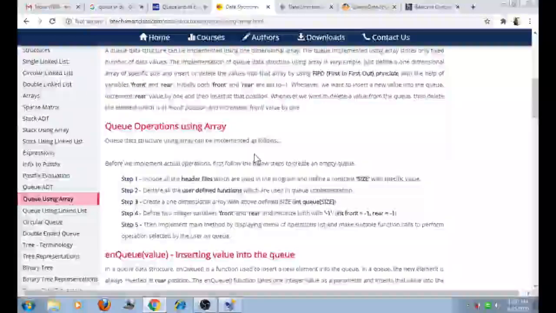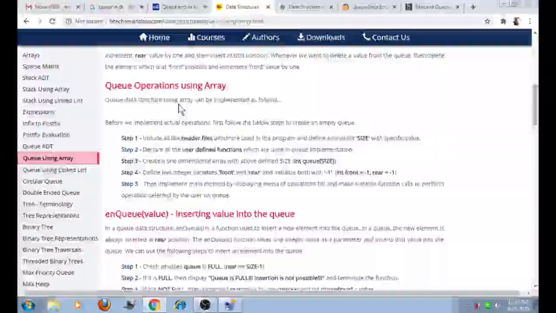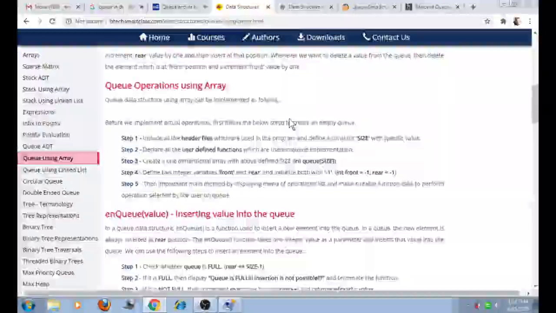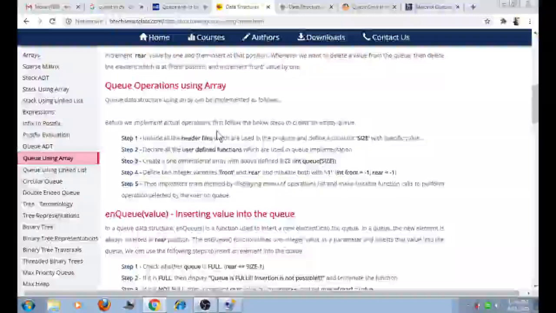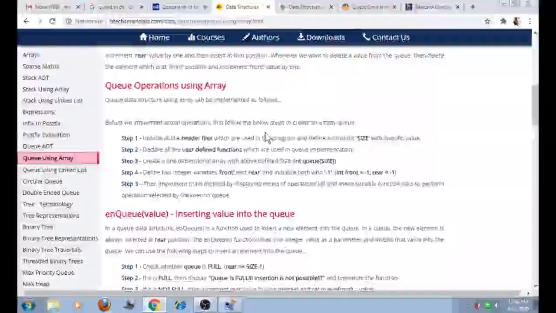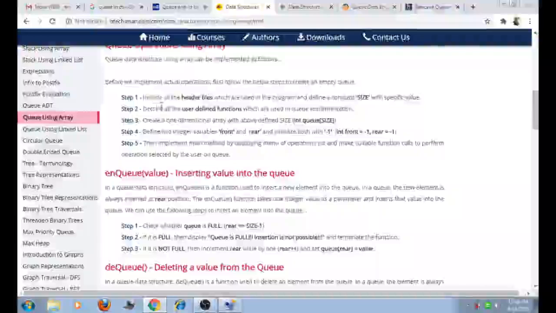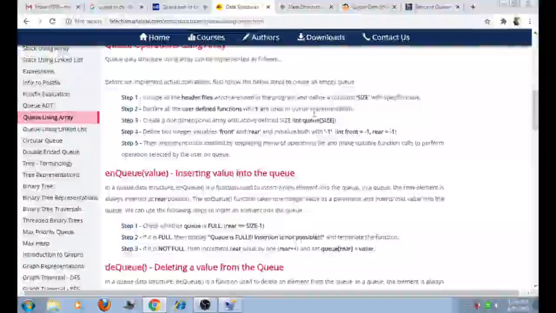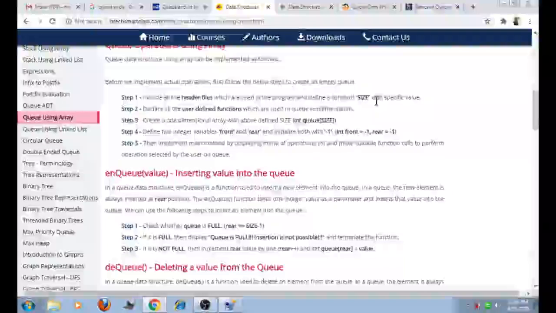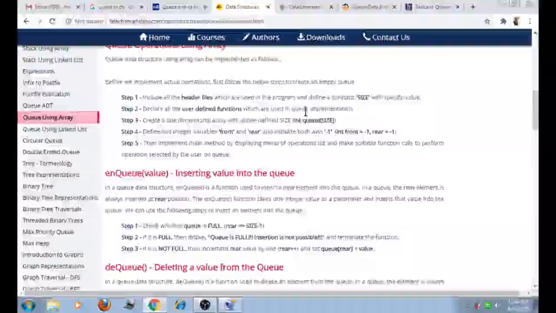So now we start the queue operations using an array. The queue data structure using an array can be implemented as follows. Before we implement the actual operations, first follow the below steps to create the empty queue. First step, include the header files and define the constant size. Then declare all user defined functions which are used in the queue implementation.